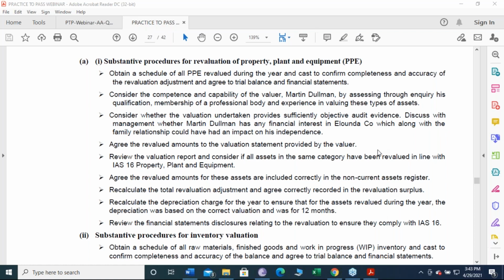How about a brother or family relation? We are not discussing any ethical issues here. I can have a discussion with the client in order to verify that there is no financial interest of that particular individual. But other than that, I need to make sure that he's competent, he's experienced, he's got the knowledge, and then I can place reliance on the work.